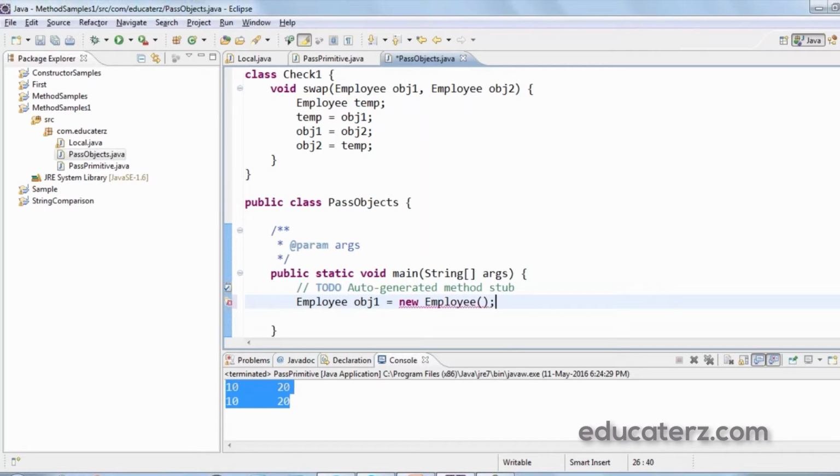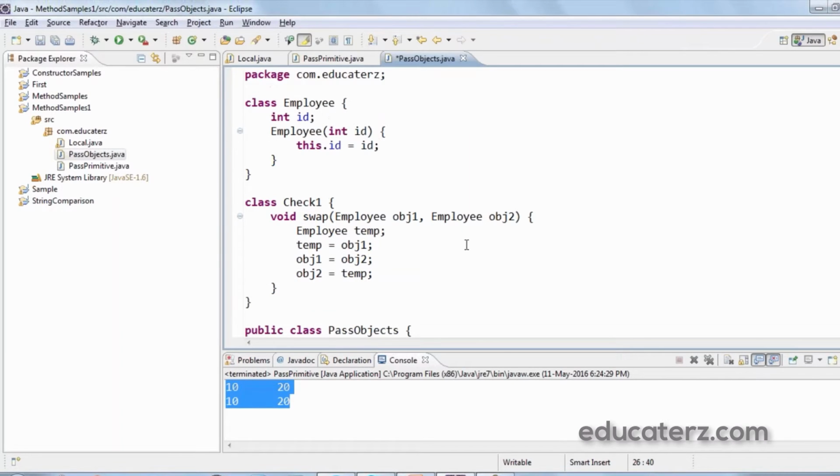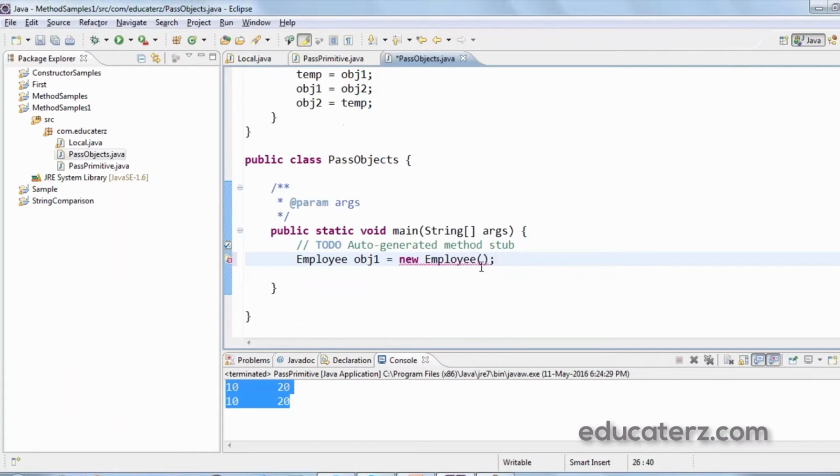I'm getting an error because I have to pass the id, so I pass 10 directly here. Now create another object, obj2, with the value 20. We have two objects now.